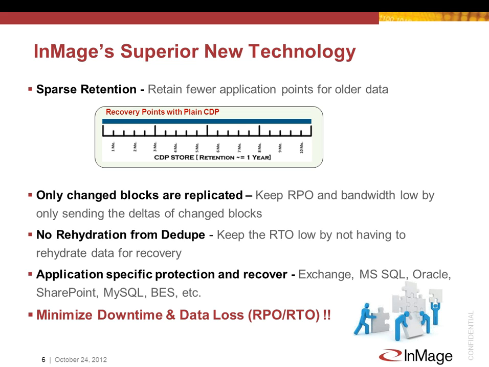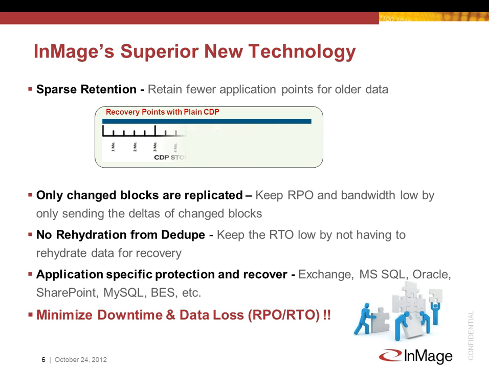When you're talking about traditional CDP, or continuous data protection, when you want to retain a long period of data, such as a year's worth of data, typically it uses a fair amount of disk space to create that retention log. Again, we're keeping track of every single millisecond of change as it occurs, and we're keeping track of that in right order, so that when you want to recover to a point in time in history, we basically read that file in reverse and present the data as it looks at that point in time. So as you're protecting a long period of time, that retention log can become a fair size, and if you're going to recover that data, it can take a fair amount of time to recover that data.